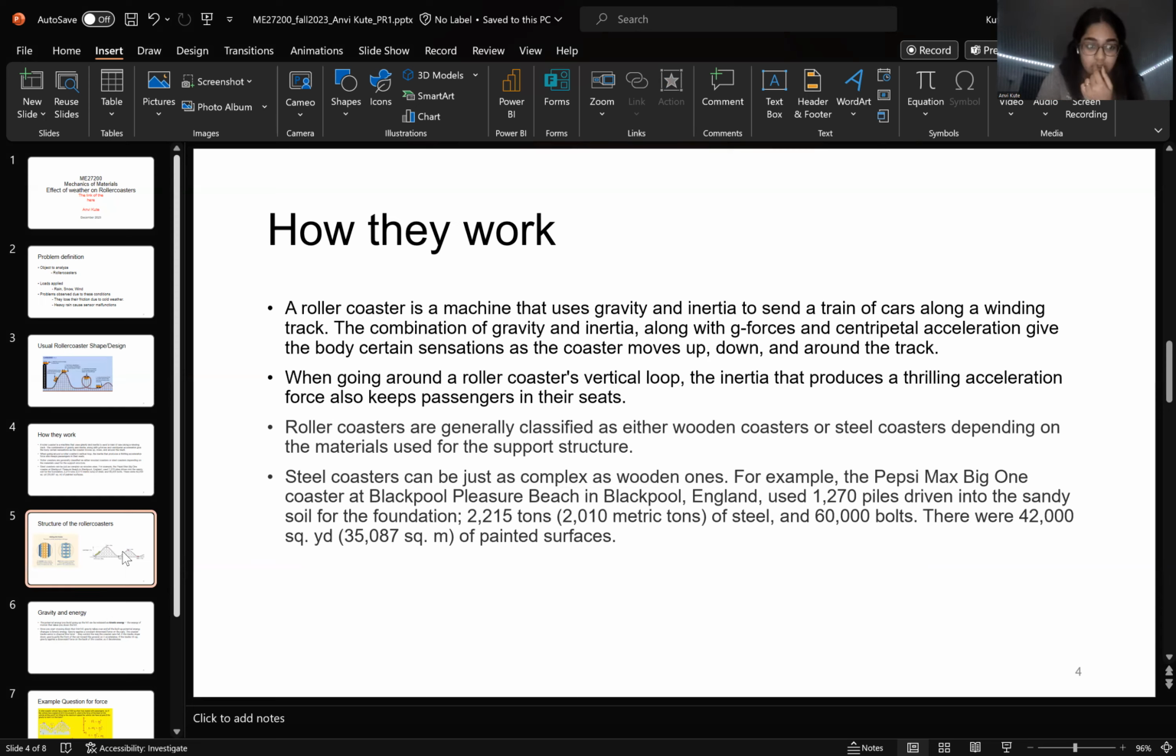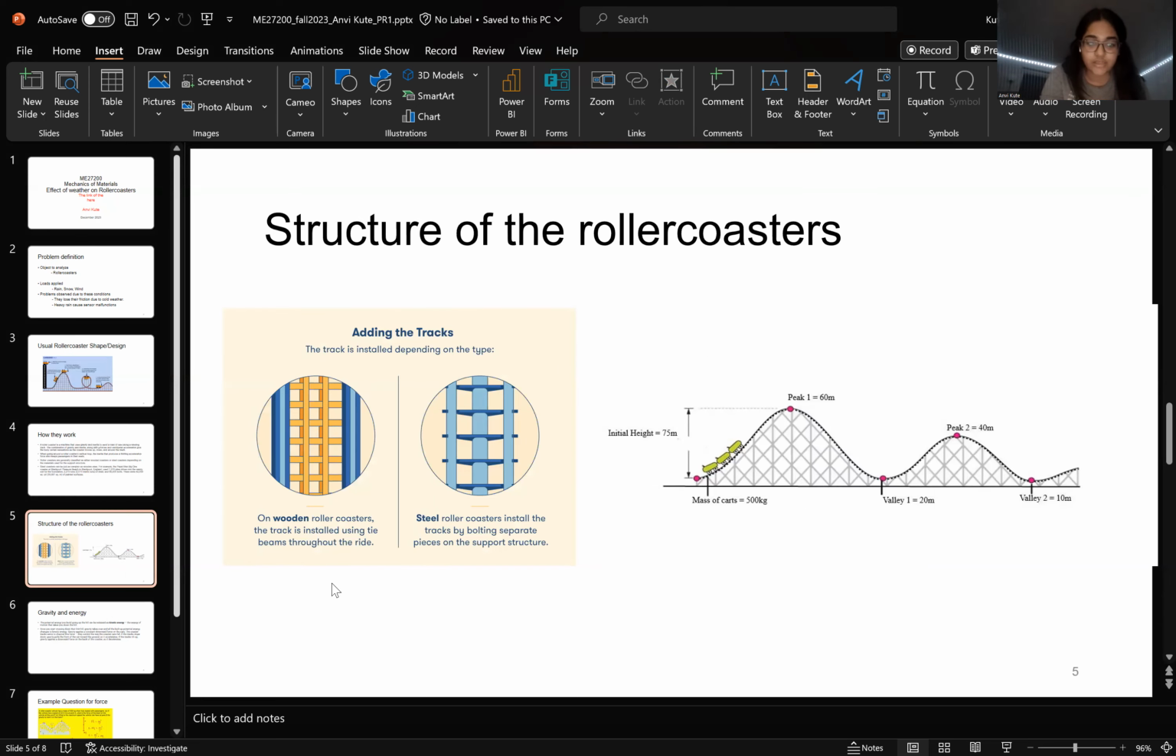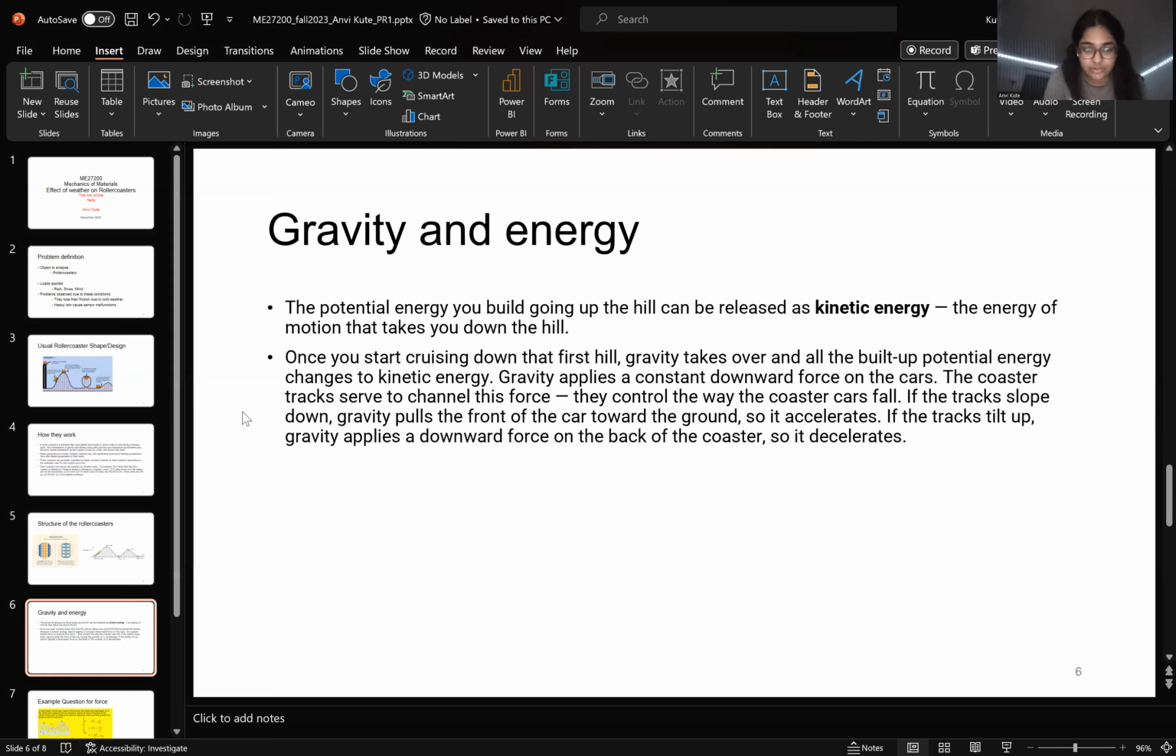The usual structure of the tracks is like this, as you can see in this photo. It's installed by bolting, and it's a very supportive structure. This is usually how it looks, and the next one is the gravity and energy of the